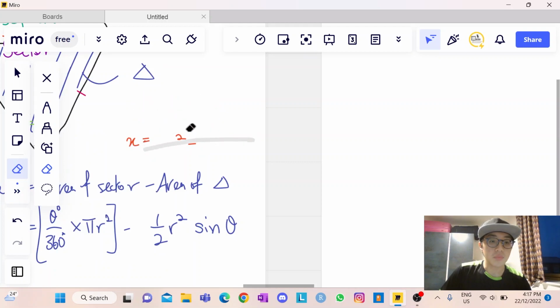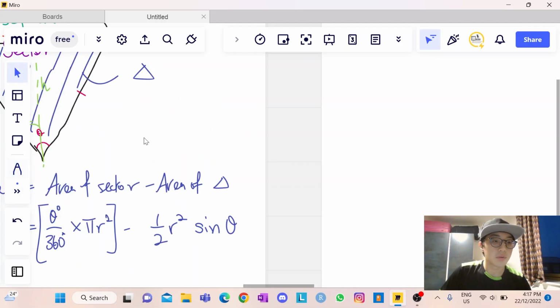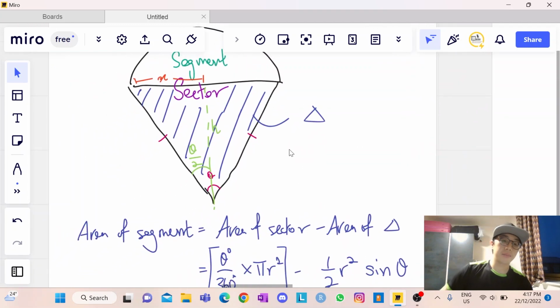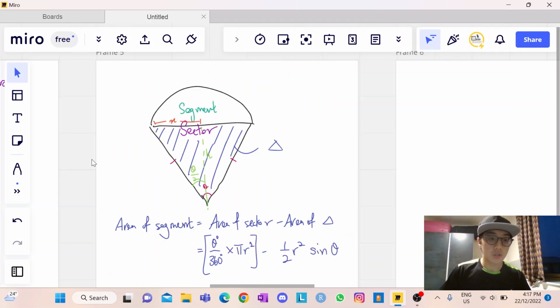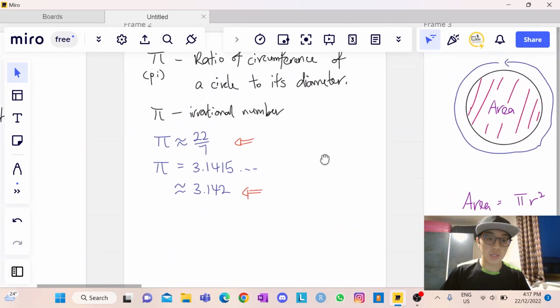For now, all you need to know is how to find the area of segment. The concept is using the area of sector minus the area of triangle, and that's all. For this video, we're going to end it because it's just the agenda for this video. To recap,